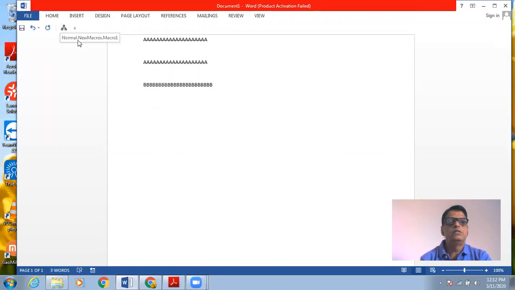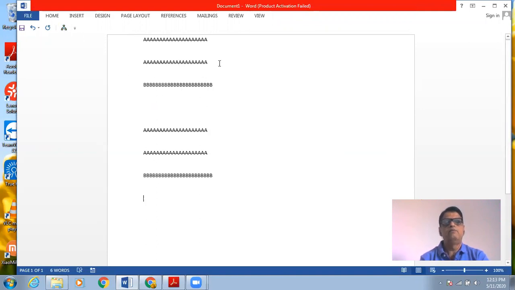Now the advantage of this macro is that whatever actions are recorded in the macro will be automatically performed if you click on the said macro. Now suppose this is a place where I am in my document, and if I click on this macro button, then you will find that whatever actions have been recorded simply appear on the screen in one click only.